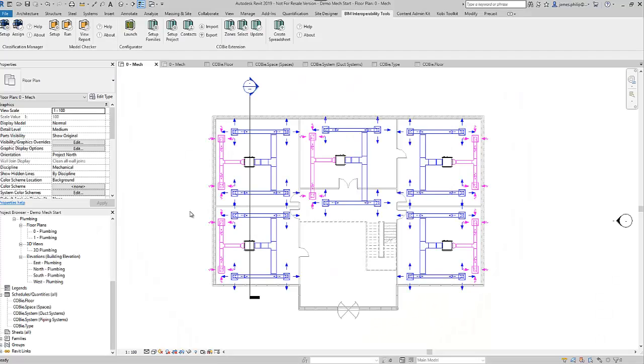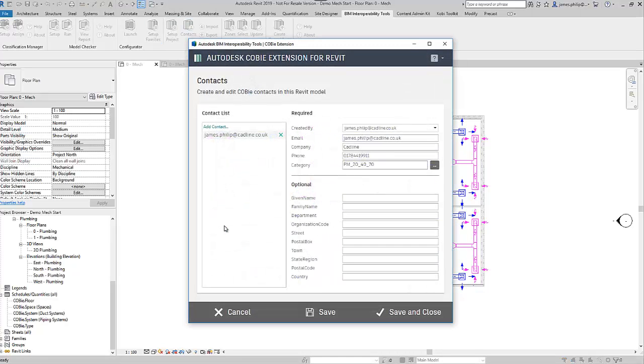The adding of the contacts for the Cobie information has been separated out. It's not in the project setup dialog box anymore. It has its own setting. So we can select the button and we can edit the information. If we need to give the